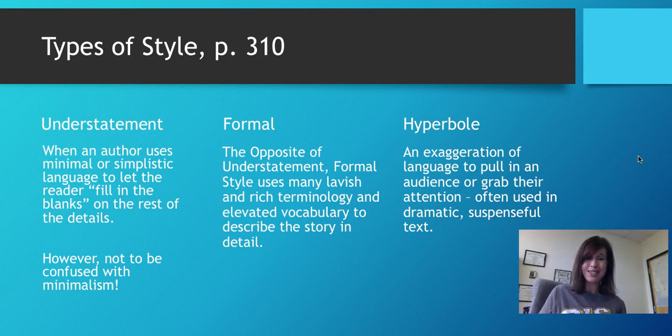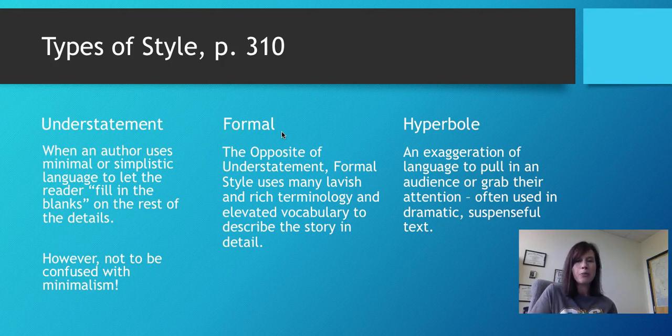The opposite of that, of course, is formal. And a formal style is very, I think of Victorian literature. I think of lavish and rich terminologies and elevated vocabulary and talking about the pretentious facetiousness of characters such and such. It's just very lavish and elegant and very detailed. Charles Dickens, who was paid by the word to write, which is why his writing is so formal, used every word he could think of to describe everything, because he knew what he was doing, getting paid by the word, which would be awesome. But yeah, that's the formal style.